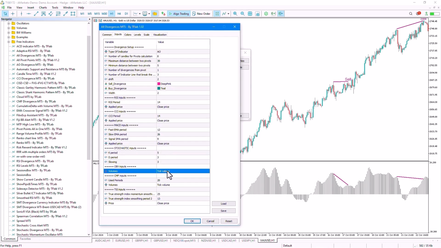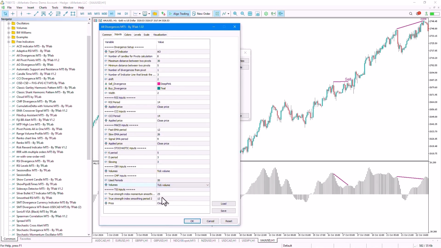The next section is the OBV indicator, where we can choose between tick volume and real volume modes for its calculations. If we have access to real volume data, we can use this option. In the next section, we have the CMF indicator, where we can select the CMF indicator period, along with the type of volume calculation, which includes 2 modes, tick volume and real volume. In this section as well, if we have access to real volume data, we can use the real